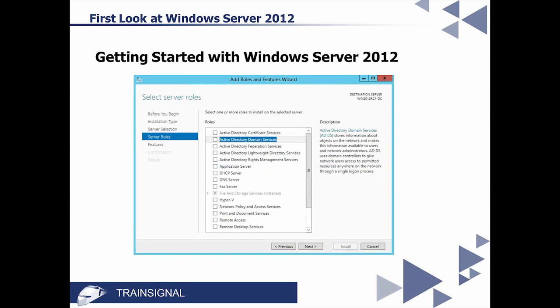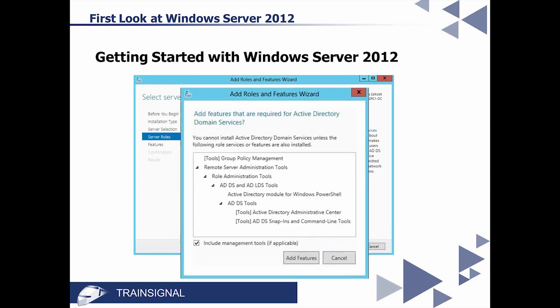Then from here, I get to install what role it is I want to install. Now this is something I thought was very cool in Windows Server 2008, and it's still here in Windows Server 2012. And I really want to emphasize that because sometimes when you've been doing this as long as I have, it gets very frustrating when you find a certain component to be very cool, and then for whatever reason they get rid of it. So in this case, I'm really glad that it's still here, and that is that when you check the box for Active Directory Domain Services, a little pop-out window jumps out at you and says, there are certain other features that are required as part of installing Active Directory Domain Services.